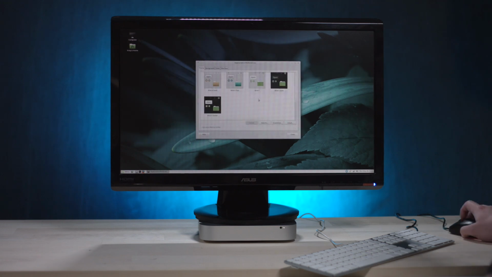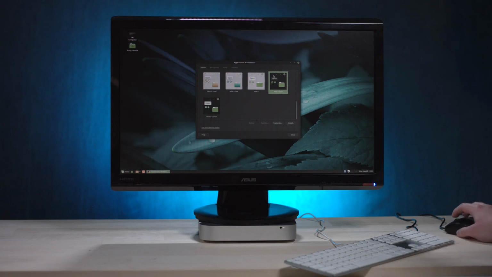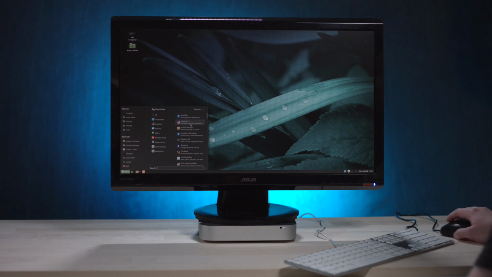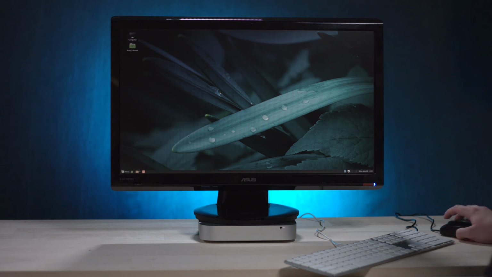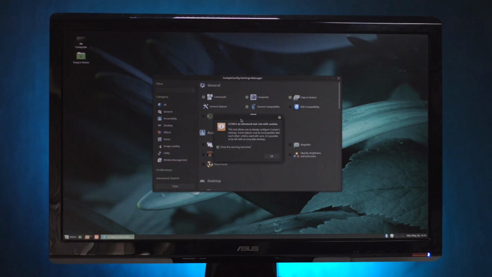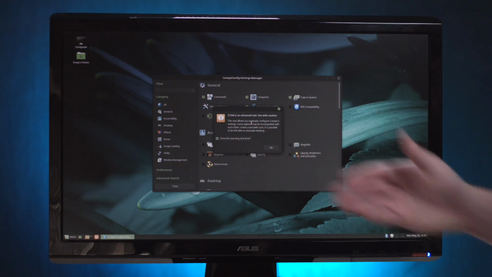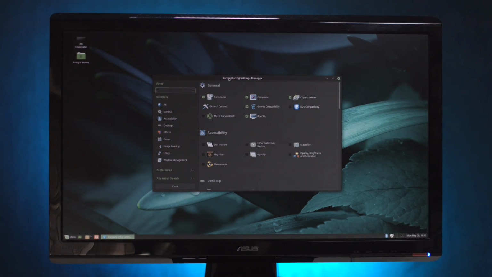Okay, themes. What do we got for themes? Ooh, Minty Dark. I am a dark mode kind of guy. Sorry, Brent. I am partial to dark mode. All right, let's open our menu. What am I looking for? Compiz. This is where a lot of fun can be had. CCSM is an advanced tool. Use with caution. So yeah, the cool thing about Mint is it does have the Compiz stuff built in,